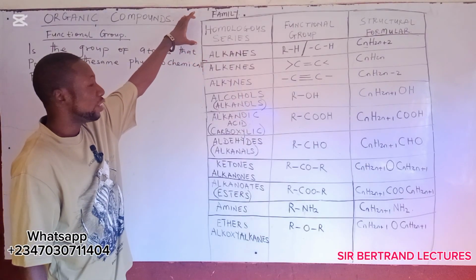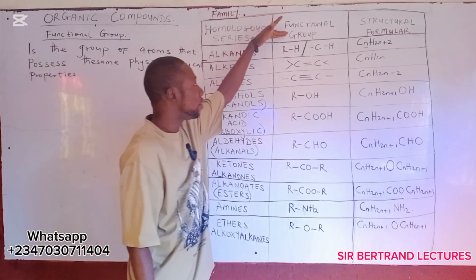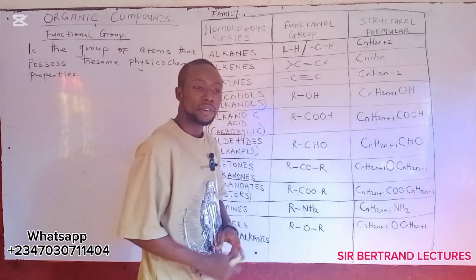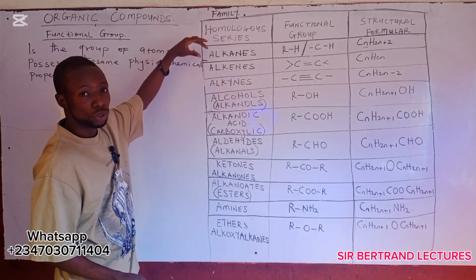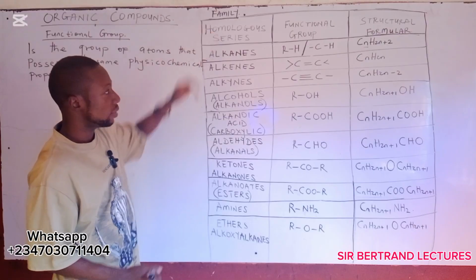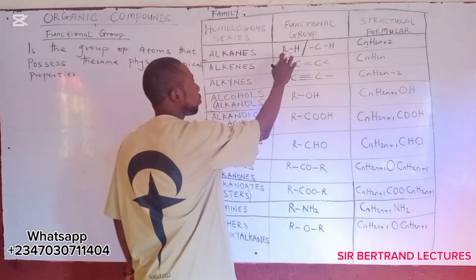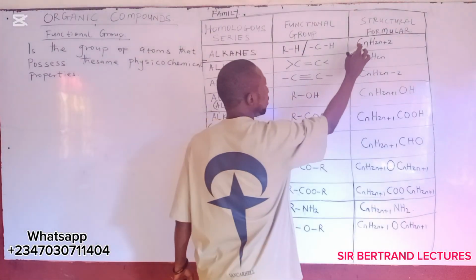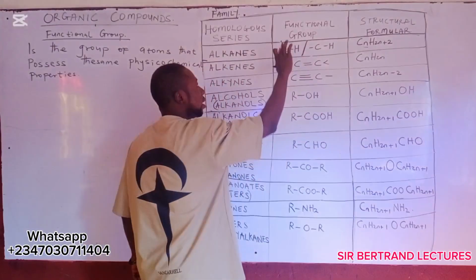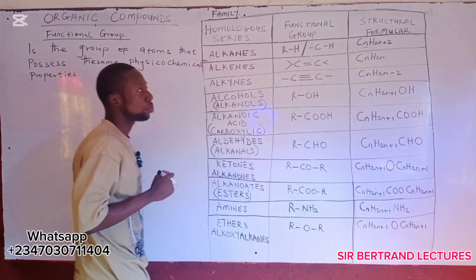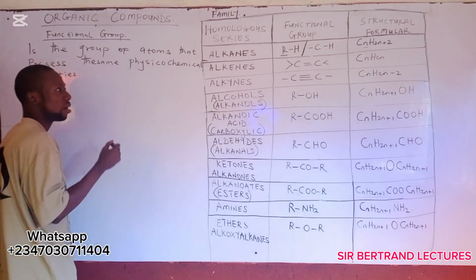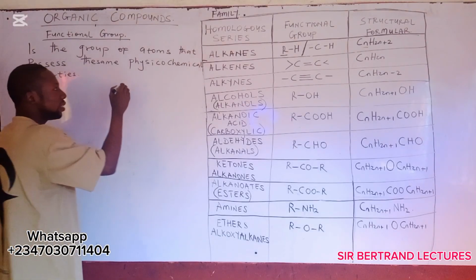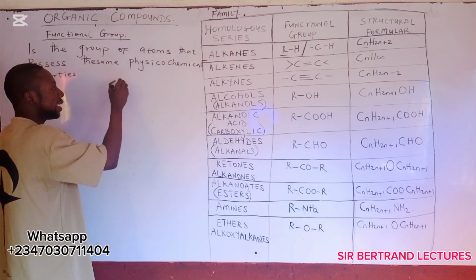Here we have the homologous series, the functional group, and the structural formula. The first on the list here on the board is alkanes. This is the structural formula of alkanes. The structural formula here is the functional group. This R here represents alkyl. Normally, this is the structural formula of alkane,